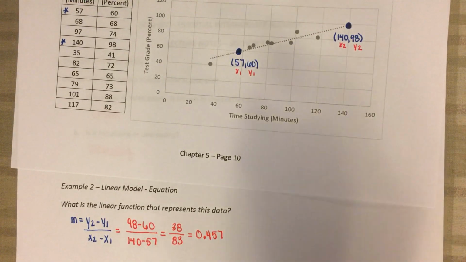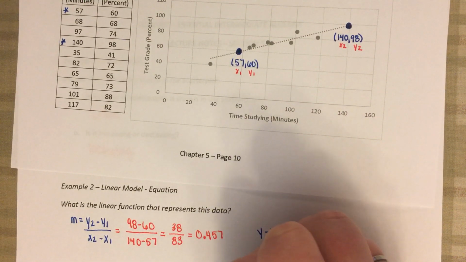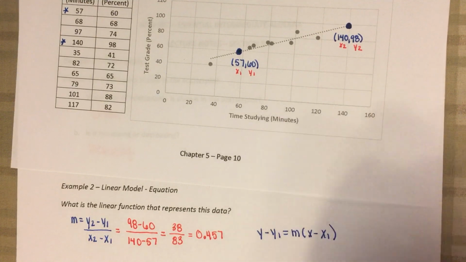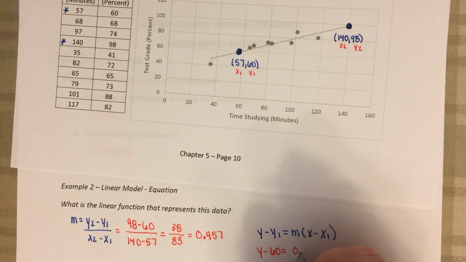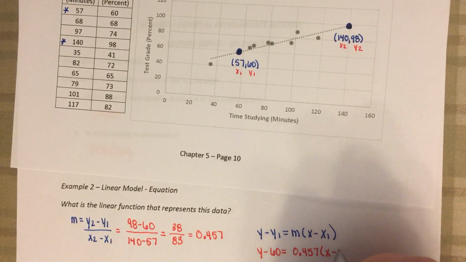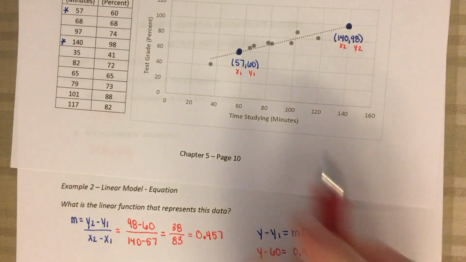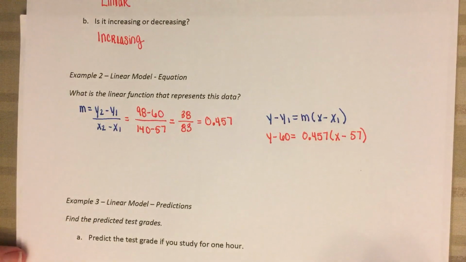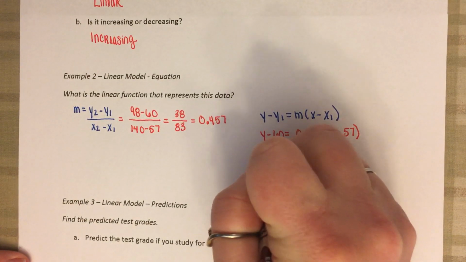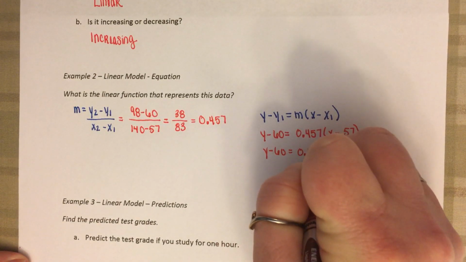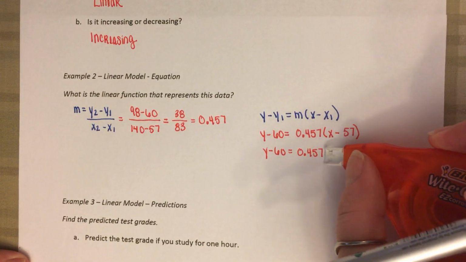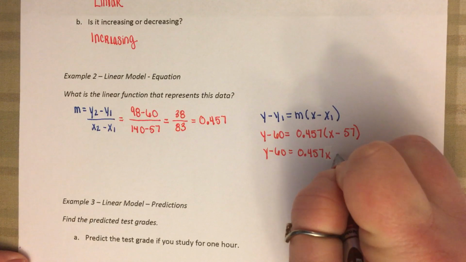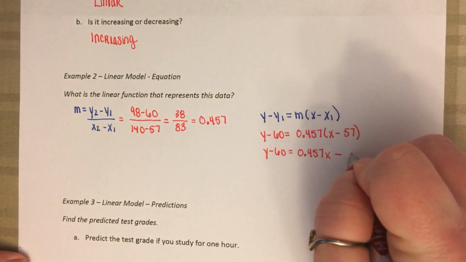Now that we have our slope, we're going to find the equation of our line. We're going to use y minus y1 equals m times x minus x1. So y minus 60, that was our y1, is equal to 0.457 times x minus 57. Again, we're using that same first ordered pair there. Now we're going to work out the arithmetic. We'll drop the parentheses and distribute that decimal: 0.457 times x minus 0.457 times 57,